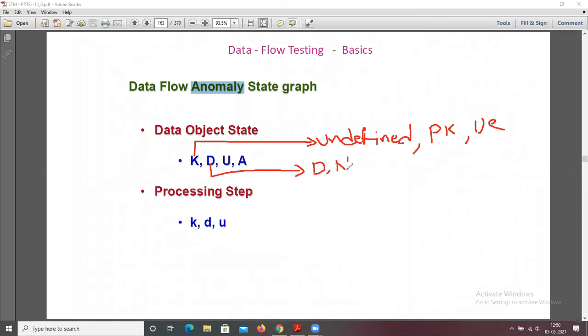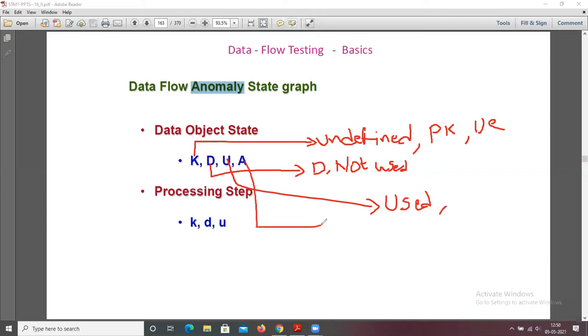The next state is U. U means the data object has been used in computations or in predicates. And A indicates anomalous. Anomalous is nothing but a bug.